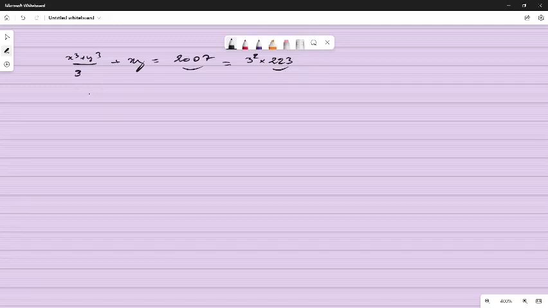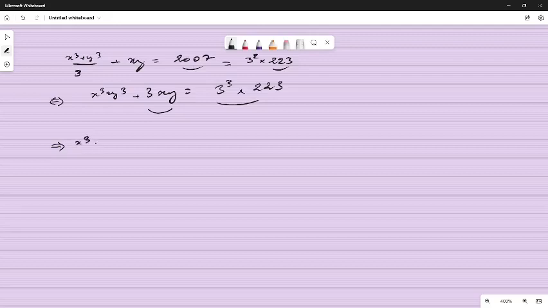So our equation can be transformed like this. This is equivalent to x cubed plus y cubed plus xy equals 3 cubed multiplied by 223. This quantity is a multiple of 3. This one also, so it's implied that x cubed plus y cubed equals 0 mod 3. And to continue,